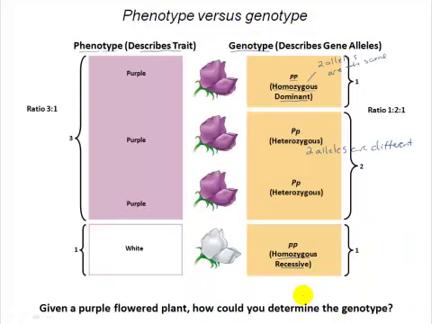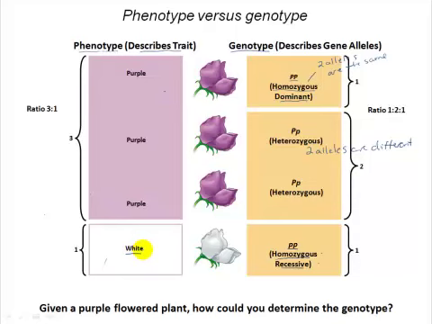All right, so let's say that you're out walking in Mendel's garden and you observe a white flowered plant. If you observe a white flowered pea plant, would you know what the genotype of that plant is? Well, yes, you would, because you know that the only way that you can end up with this white flowered phenotype is if you have this homozygous recessive genotype. That's the only genotype that results in the white flowered trait.